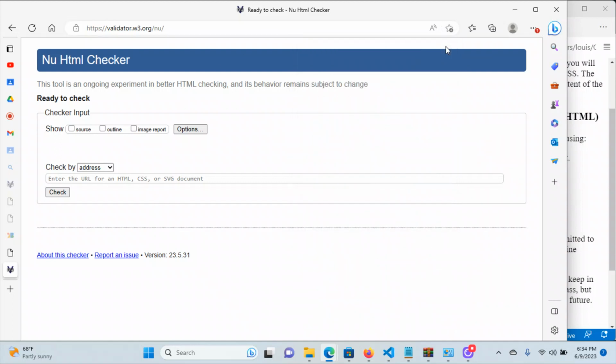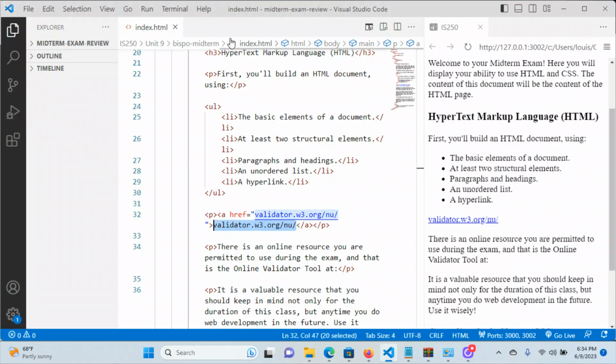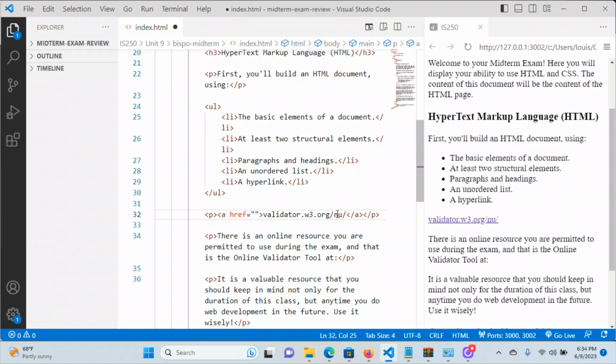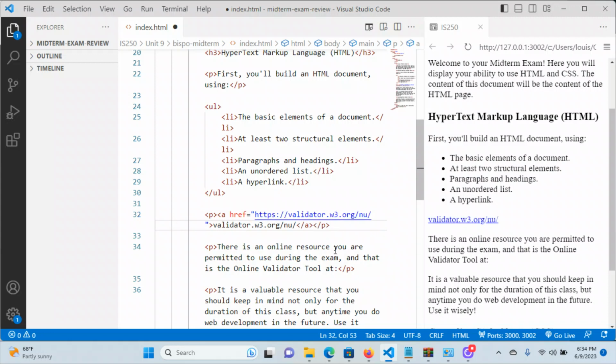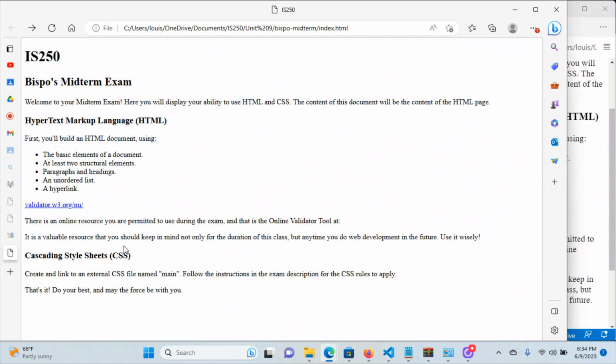Go away. And then you can do a Control-L and copy and paste this, and this is the entire web address now. It has the HTTPS protocol. And then instead of using the simple version of it here, go ahead and paste in the whole thing, including the protocol. So now I save that, and I go back over to the browser, close that up, and